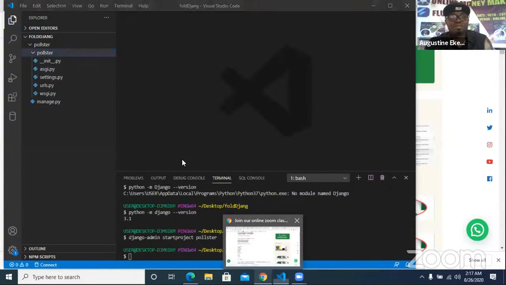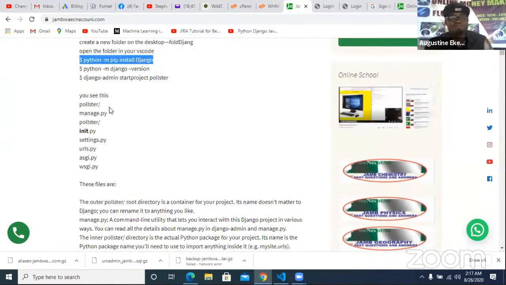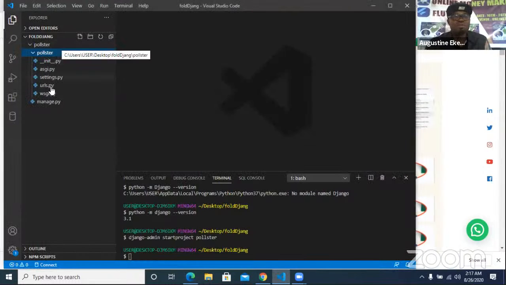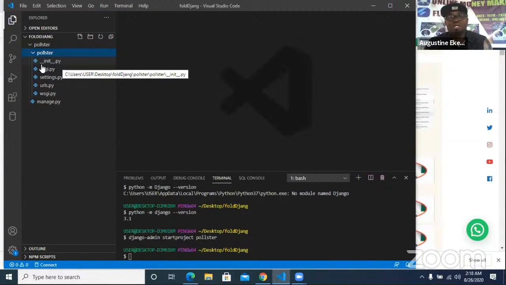So we're going to take our time to explain what these files are. This is the same thing that we have here. Under poster, you're going to have manage.py. Apart from manage.py, you're going to have another poster that has all these files. And that is exactly what we have here. Under poster, we have this manage.py here. And apart from this manage.py, we will now have another poster that has in it double underscore init double underscore .py, then asgi.py, settings.py,